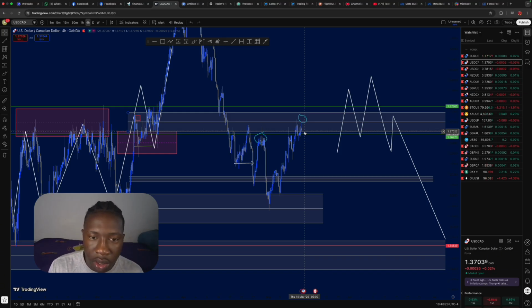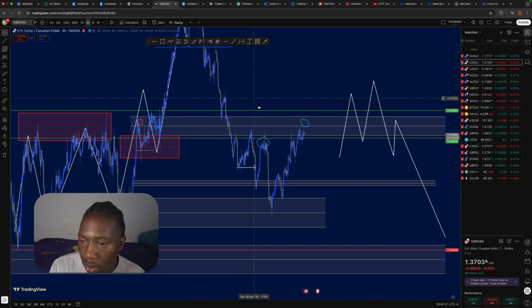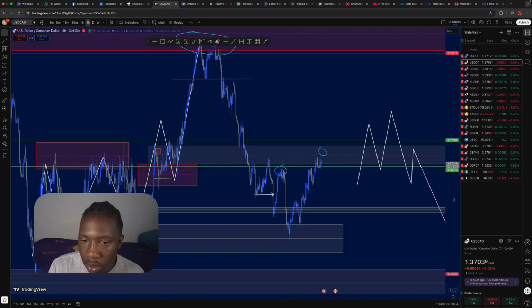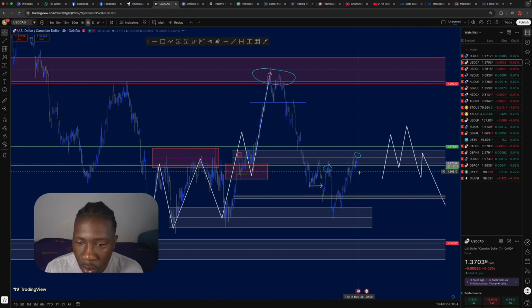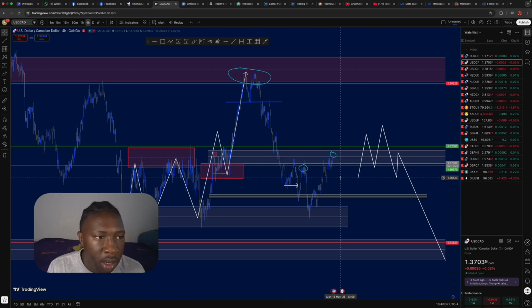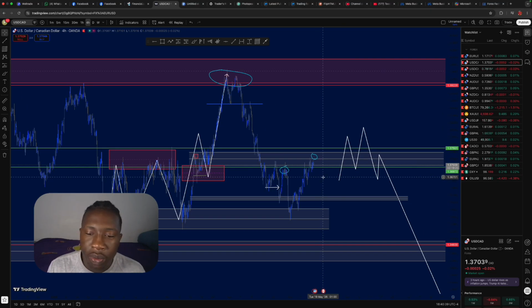So this is for the USD CAD. We need a downward movement right now. But we will see if the market is going to be able to show us that. So we go to